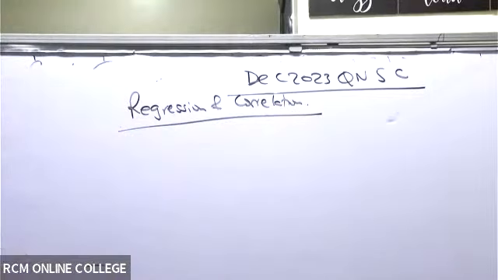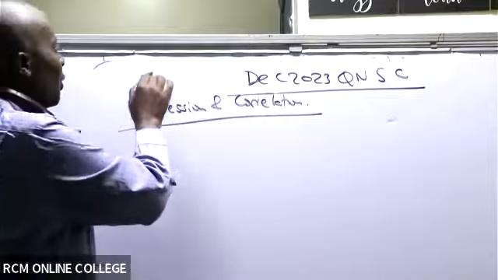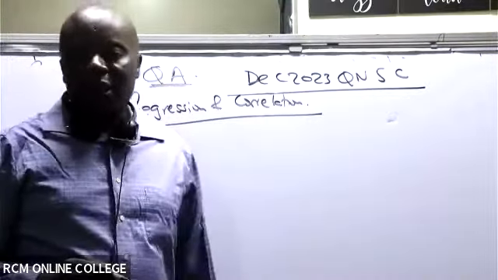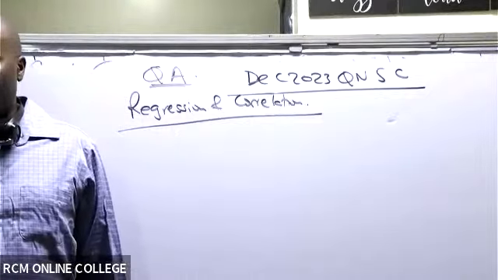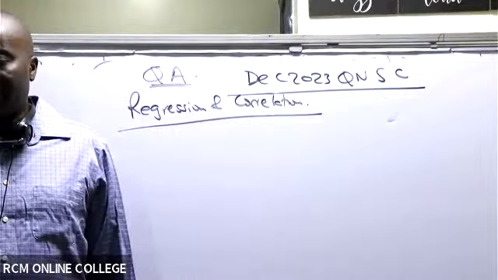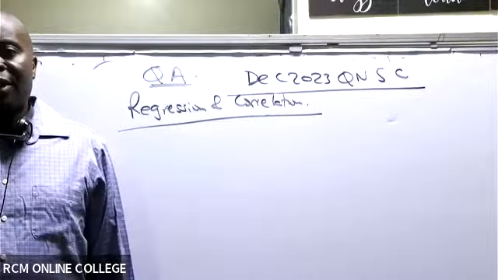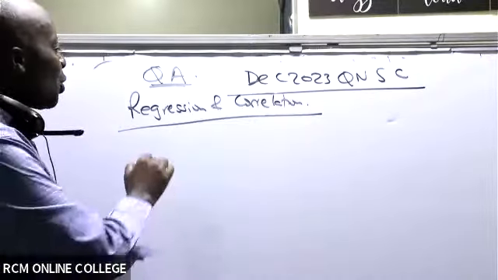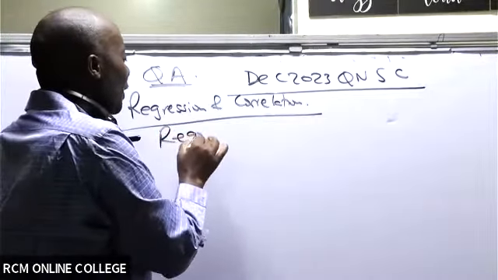Correlation in QA is topic number 4. Regression is topic number 5. Remember, the subject is quantitative analysis. All right. So if you allow me, I'll introduce regression first, where we mention that